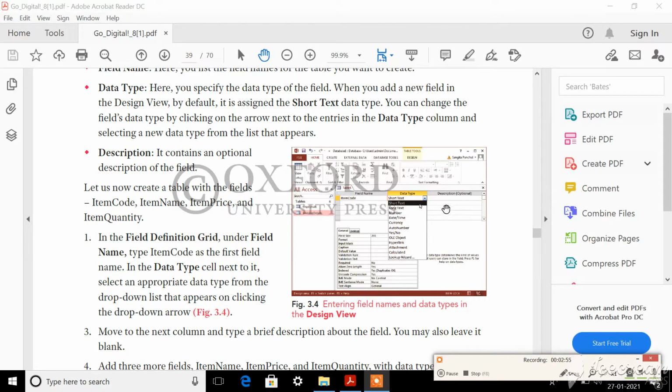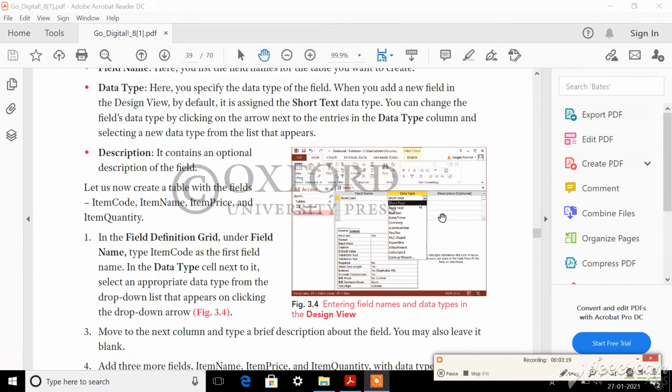Now in the description box we have seen about this as well. In this description box it is not necessary that you should enter anything, it is not compulsory. If you need any description about the data that you are going to enter, you can add a description. If not, it is optional.